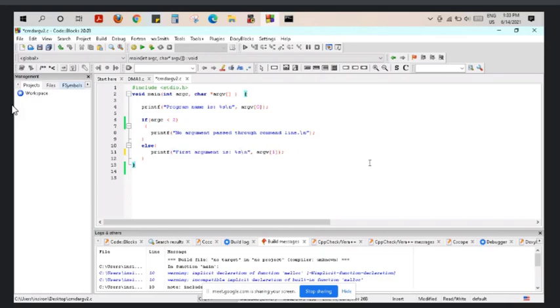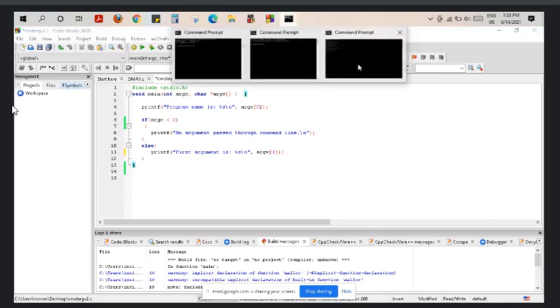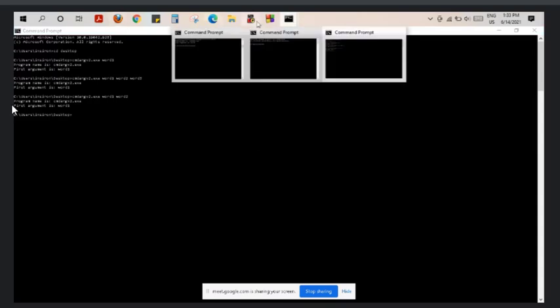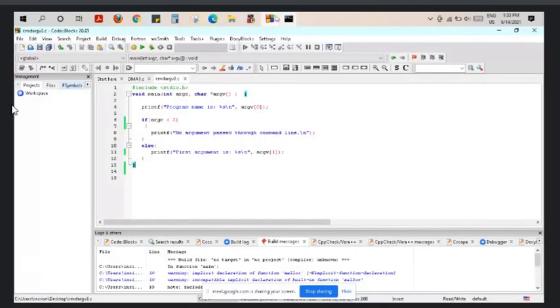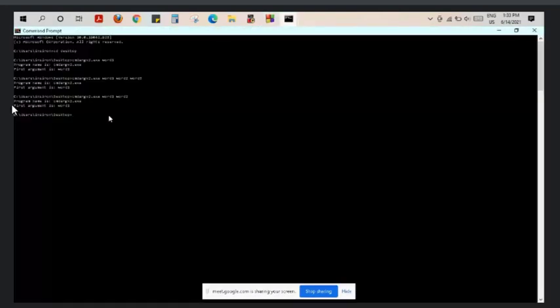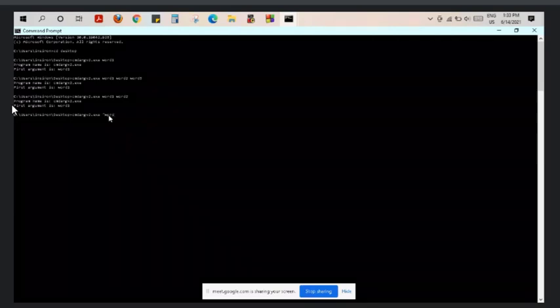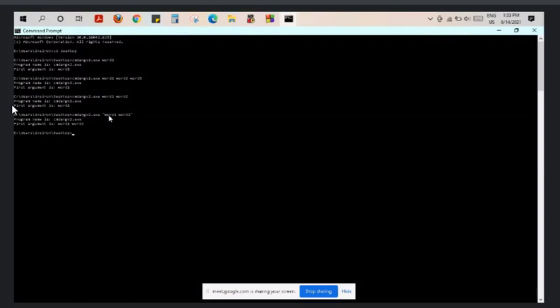Okay, so now both the words will be treated as a single string, and that will be taken as the single argument.